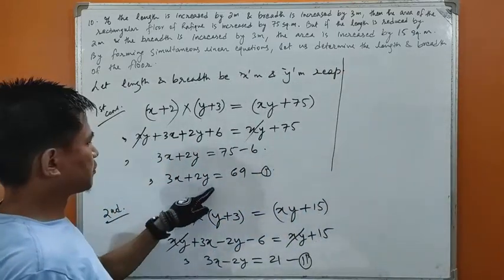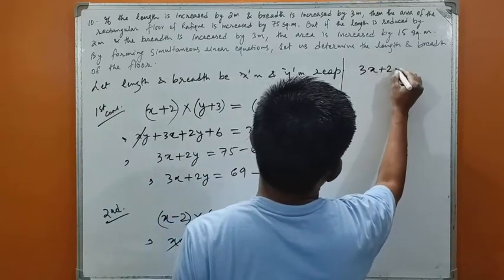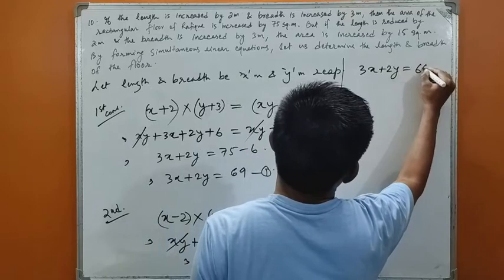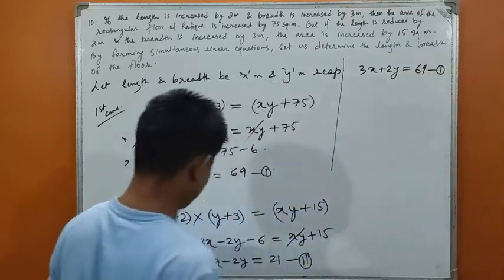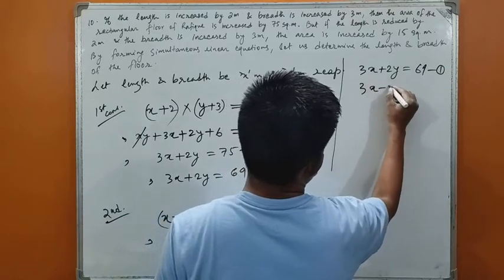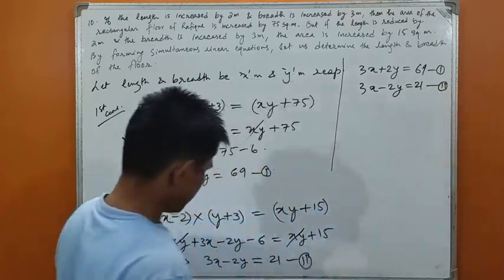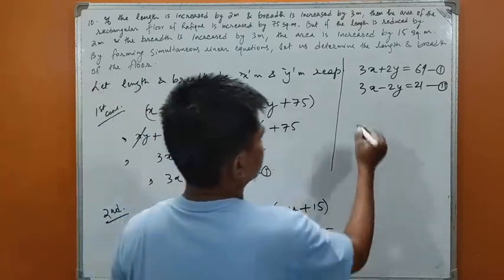Equation 1, we have 3x plus 2y equals 69. This is equation 1. And equation 2, we have 3x minus 2y equals 21. This is equation 2. Now,